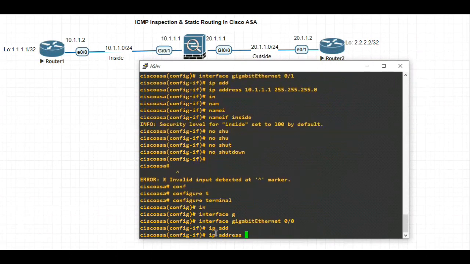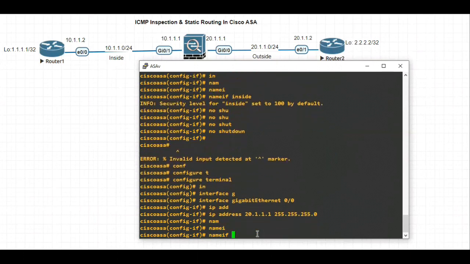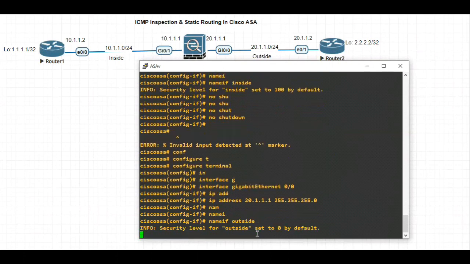IP address 20.1.1.1, /24 is the subnet mask. Nameif outside. By default, the security level will be set to 0, so I'm not manually specifying the security level for the outside. Now we are done with the configuration on the Cisco ASA firewall.